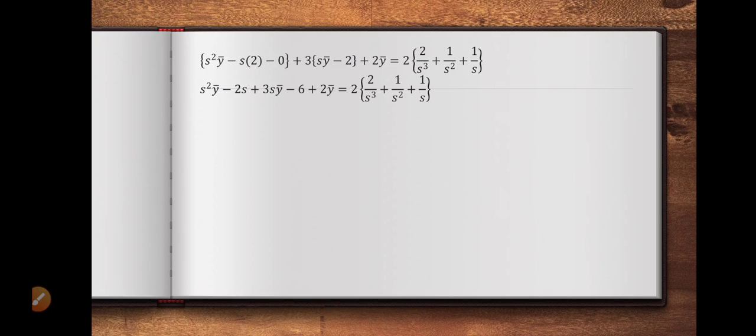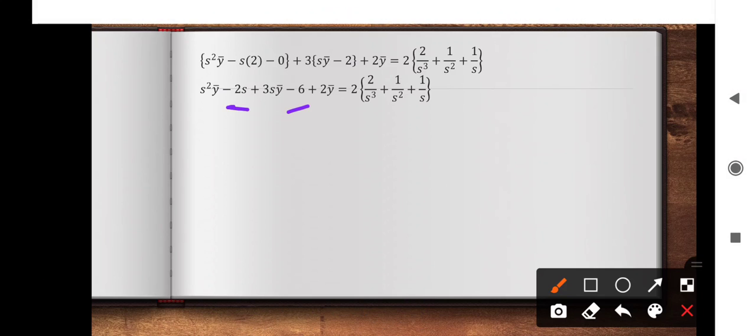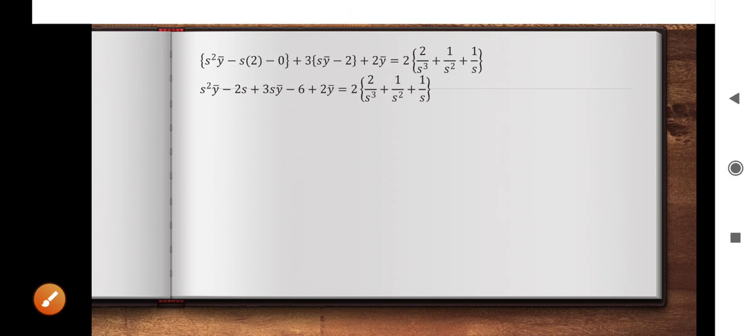See here, on the LHS only two terms are free from y bar. So you have to collect the terms containing y bar first on the LHS, and all the terms without y bar are to be shifted to the RHS. So it gives us